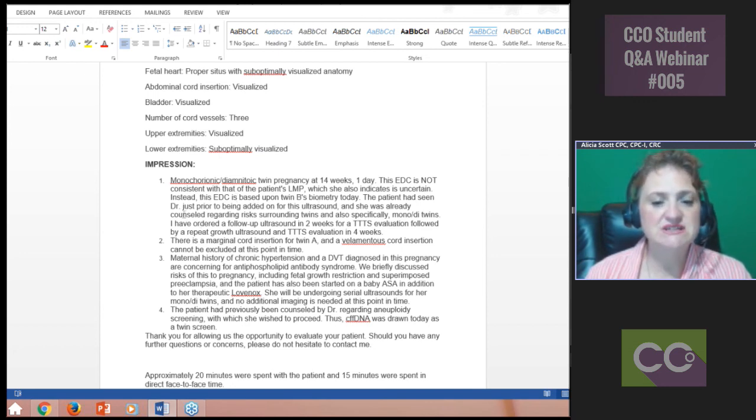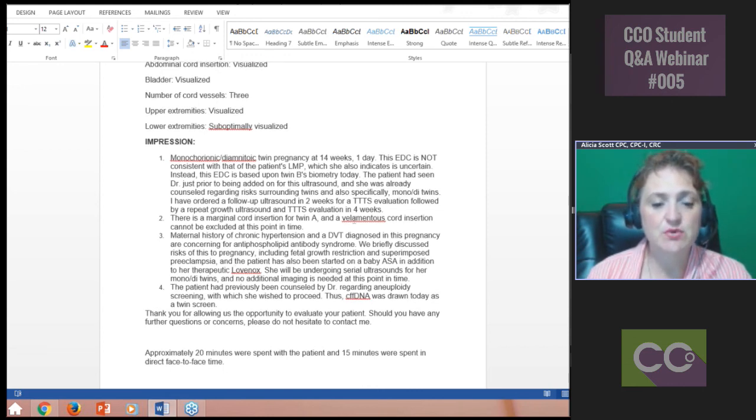The patient has seen the doctor. Okay, we don't need to know that. But they ordered another ultrasound in 2 weeks. They're going to follow this very carefully. Let's see, twin A has a marginal cord insertion, but it's okay. So we want to make sure this doesn't become a problem. Maternal history, chronic hypertension, and DVT. Pregnancies are concerning for this